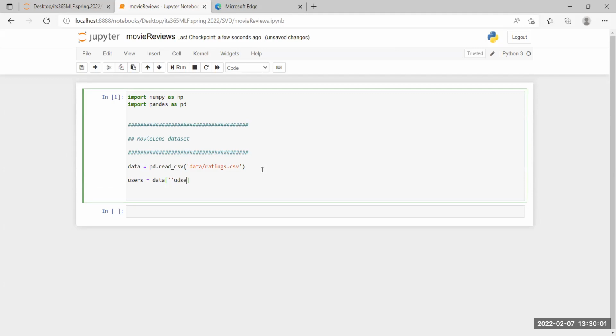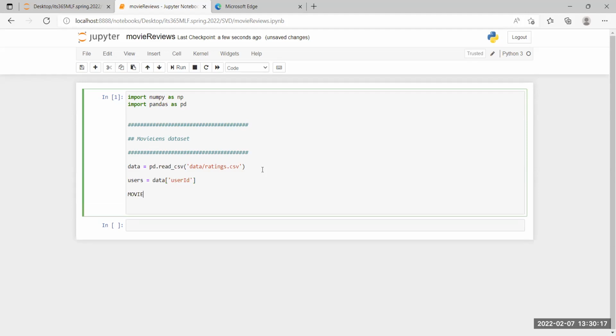The column names are userId, capital I, and also for the movies, data movieId. The first thing we want to do is just print it out.